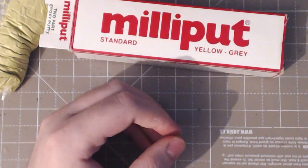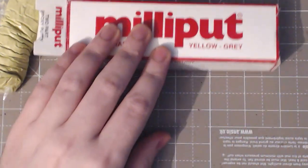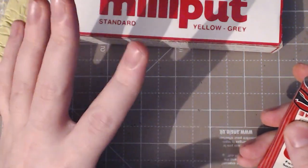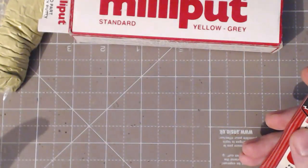So that's my recommendations for putty. I would recommend, if you're just starting out, get some Milliput. If you're just starting out but you've got modelling experience and you're looking for some new putties to try out, I would recommend